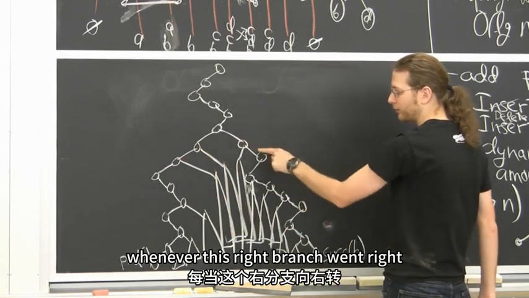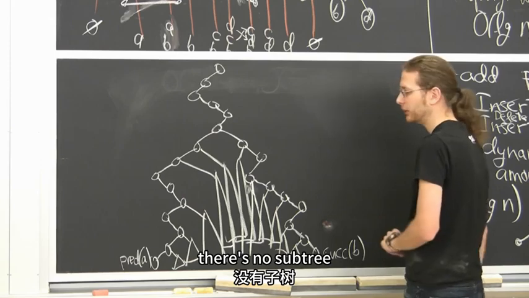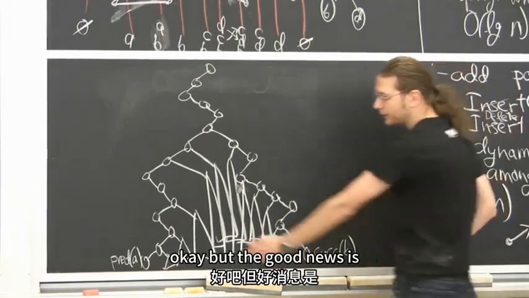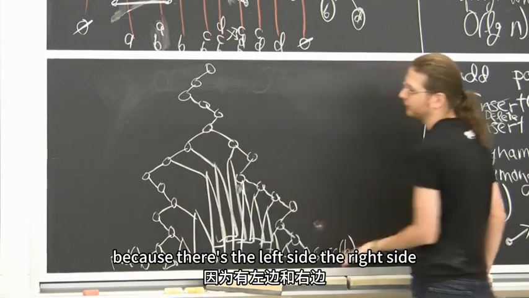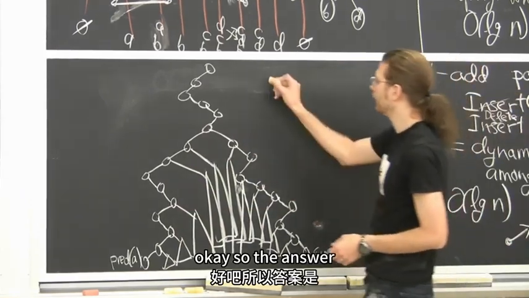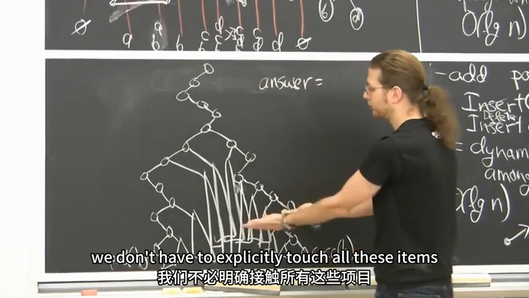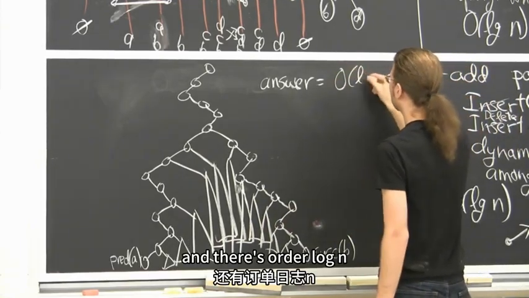Whenever this right branch went right, the left branch is the answer. But from here, there's no subtree that we care about, because this is all greater than what we care about. Okay, but the good news is there's only log n of these subtrees, maybe 2 log n, because there's the left side, the right side. Okay, so the answer is implicitly represented. We don't have to explicitly touch all these items. We just know that they live in those subtrees, and there's order log n